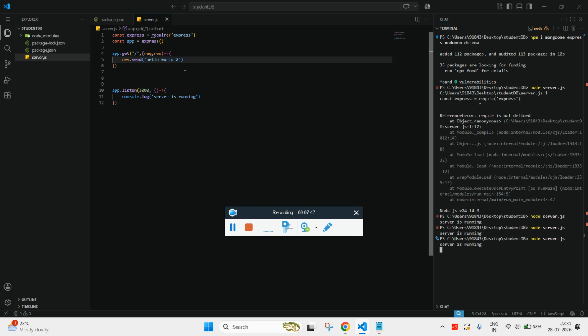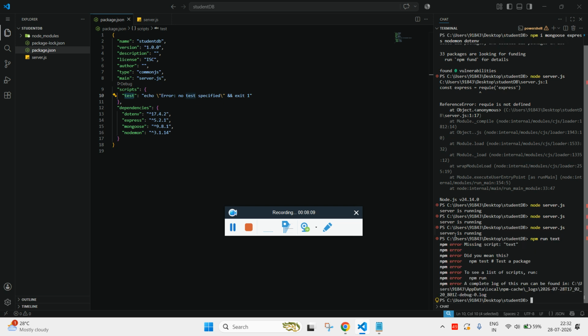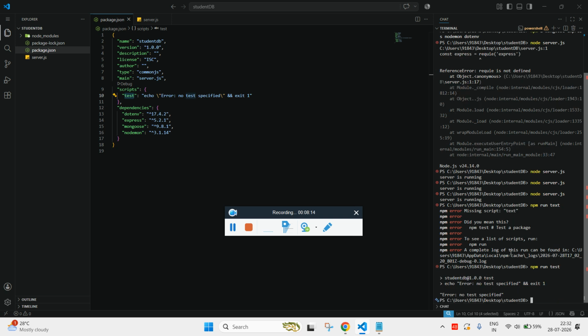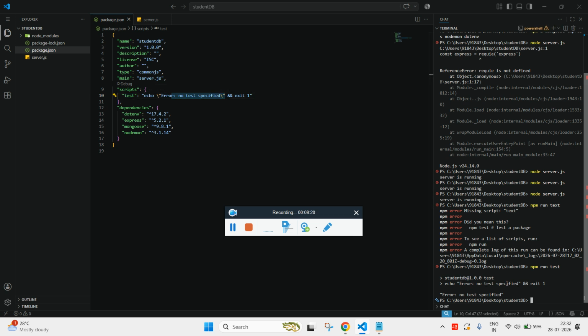So here you will find one more package, and that package is called nodemon. What you have to do is create a script. So why do we need to add a script? You see the command test. If I type npm run test, you will see the code. It's test, not text. You will see error: no test specified. You see this? That means if I type npm run, whatever command is there, it would simply display,